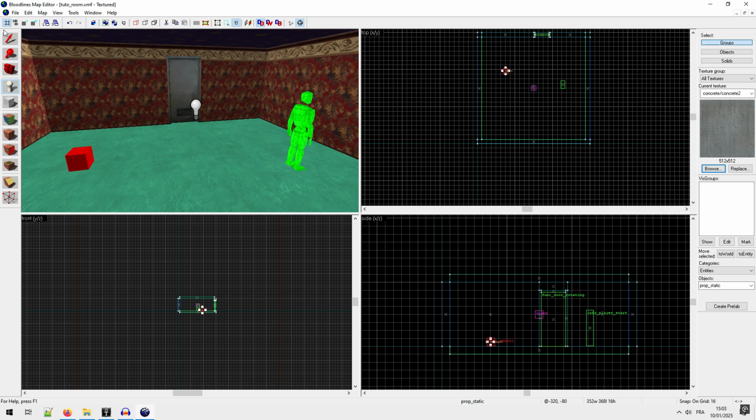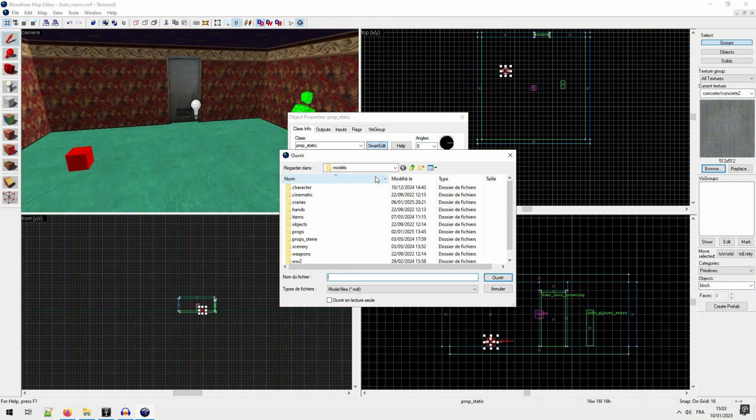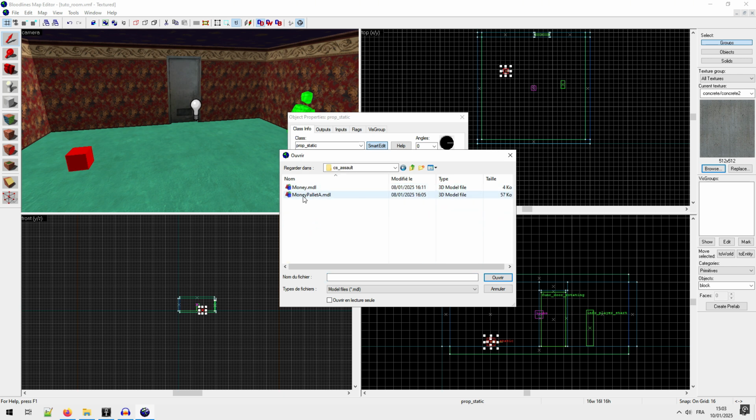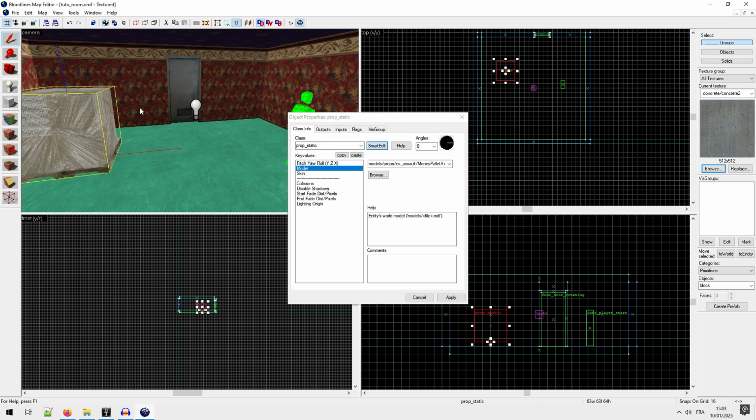You see by default the prop doesn't have any model. So I select my prop, Edit Properties, model, nothing. If I go to browse, I will have access to the models of my mod. Currently it's the Ekata. So if I go to prop, money palette, and I have my stuff.